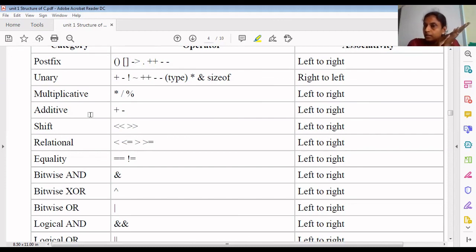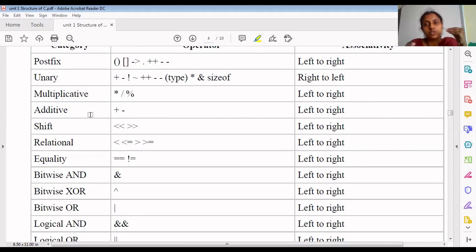If you can remember, today's concept is an expected question. By default in all question papers, this question will be there: What is an operator? Explain the types of operators for 5 marks. It's not going to be so difficult. Just under each operator, you should remember the symbol and its purpose. When I say plus, addition; minus, subtraction; slash, asterisk, multiplication; like that. It is one of the expected questions, so easily you can get full 5 marks.